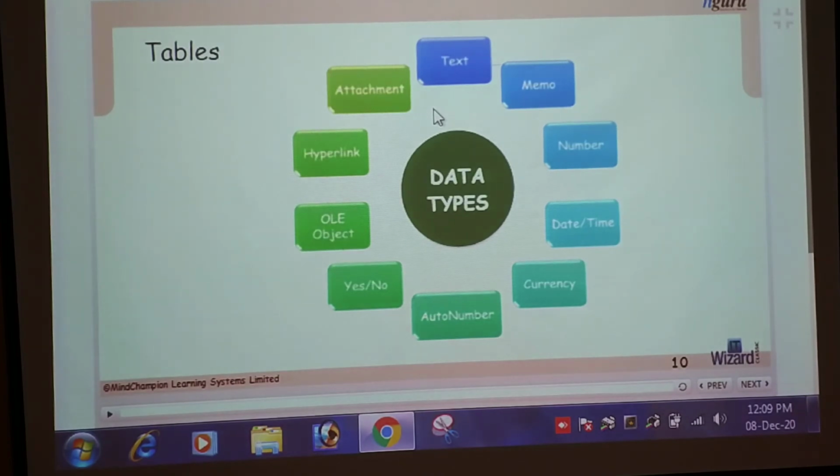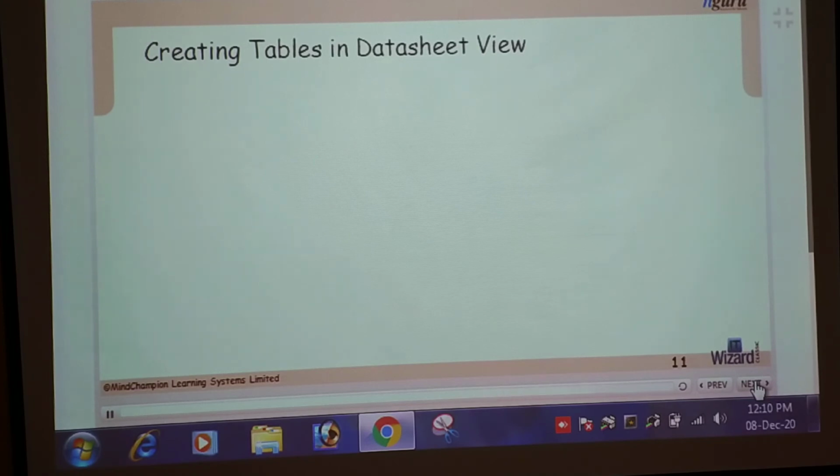Now next, when we create a database, there are two ways to create a table. First is datasheet view and second is design view. Now let's see how to create a table in datasheet view. First of all, start Microsoft Access and create a blank database.